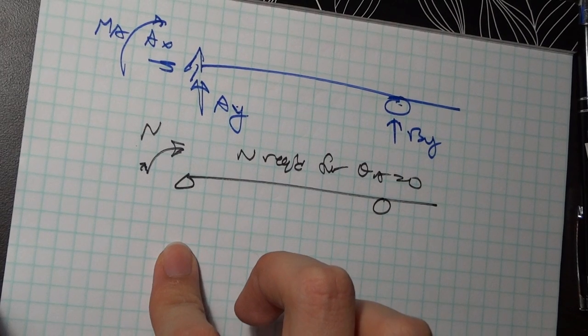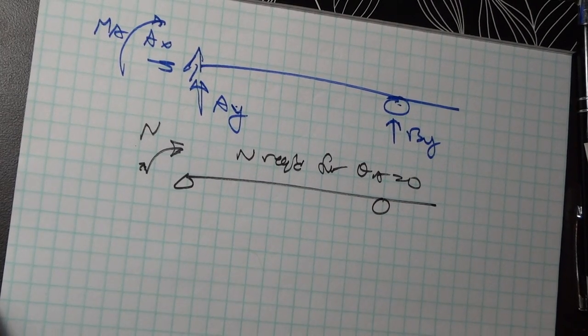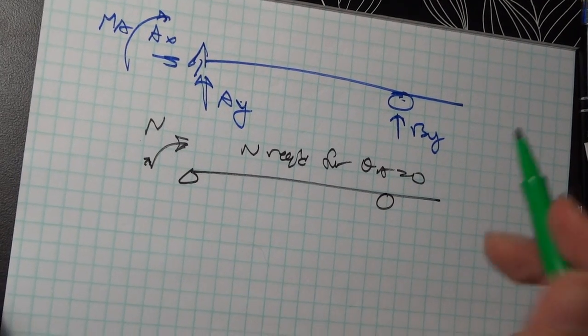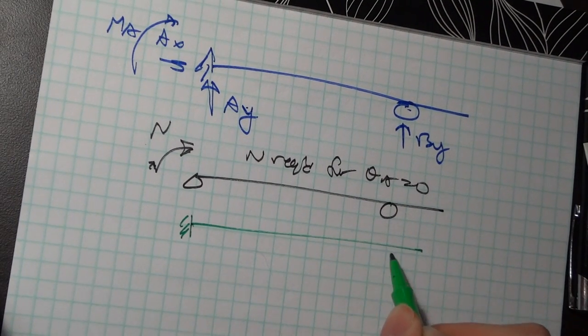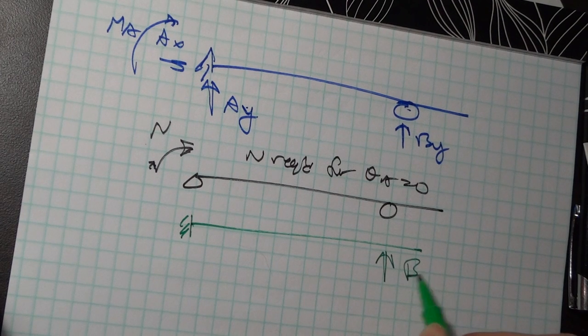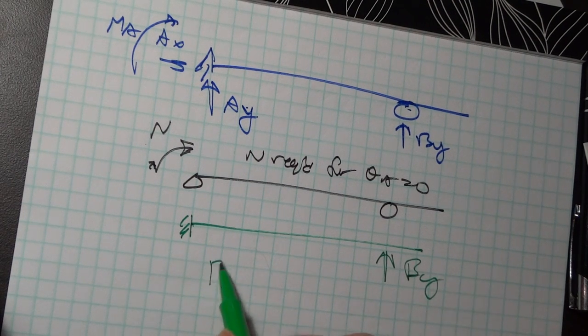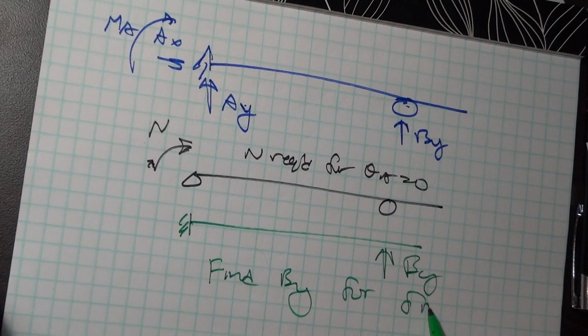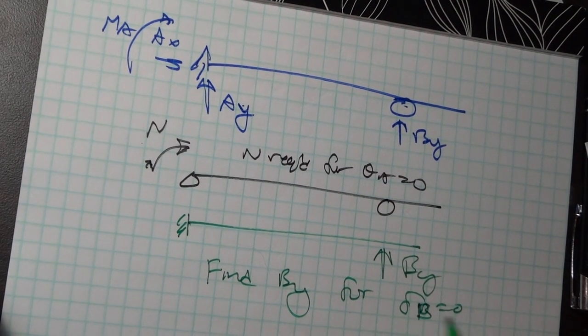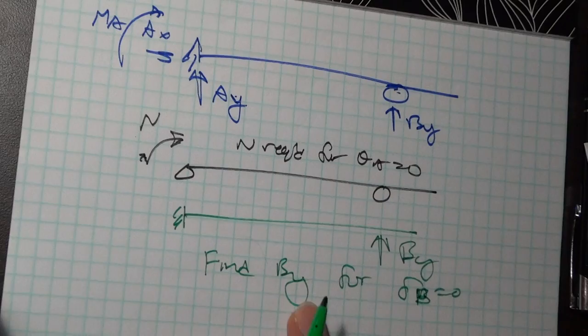So this is one thing I could do. I could remove the force at B. I could put a force at B, so I can remove the roller at B. In other words, I'd be left with a cantilever, and I can just find the force BY. Find BY for delta B equals 0, and this is something very similar to what we've done previously. Another one